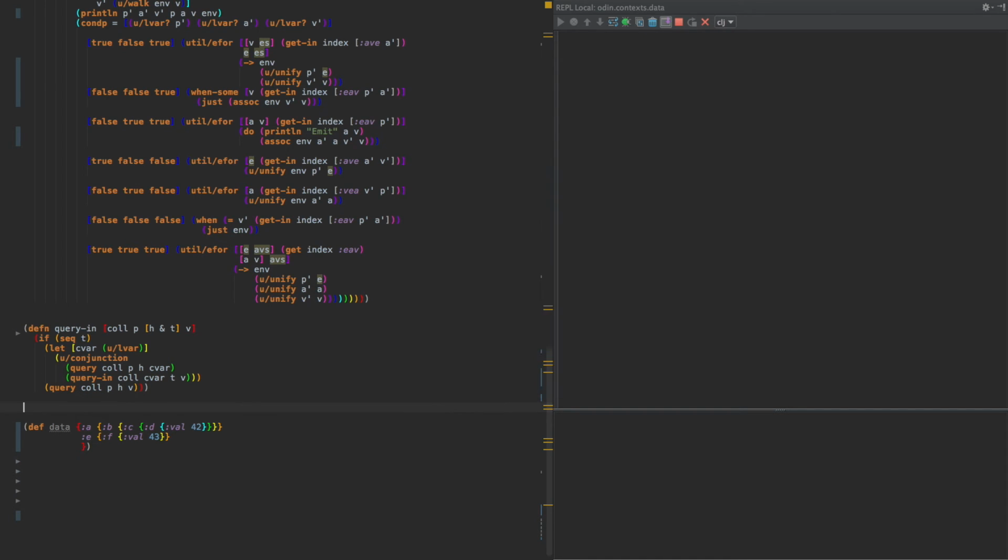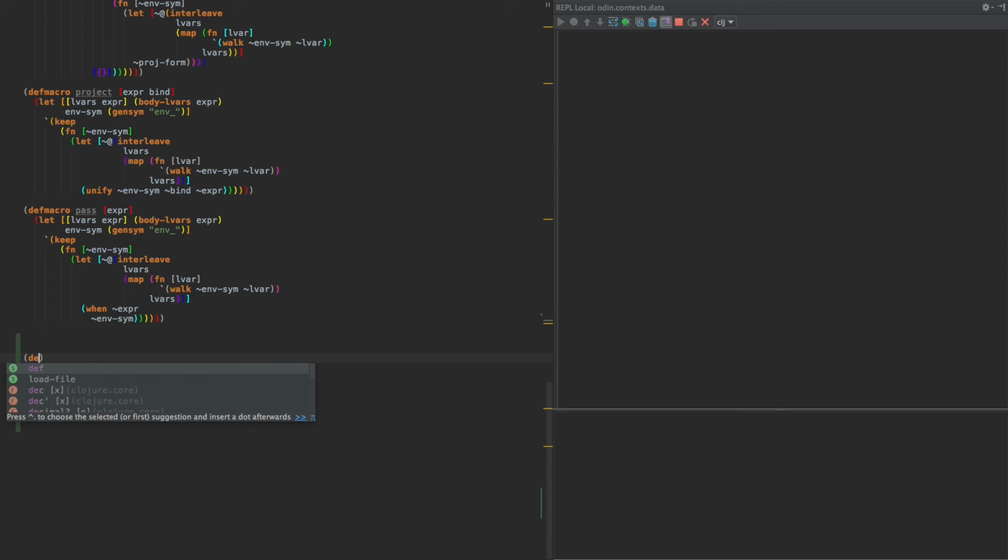Now to start off, we're going to make a new construct here called defrule. And this is going to look a lot like some of the other stuff we've been doing here. We're going to start by having name, args, and body. And we're going to do the same sort of thing we can do in pass and project and for query, where we're allowed to just use a question mark var name, and it will automatically generate that for us. So first thing we're going to do is turn the body into